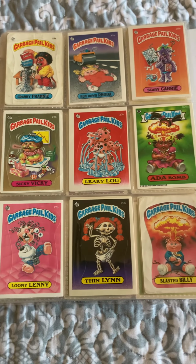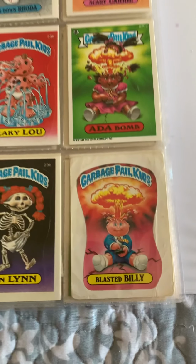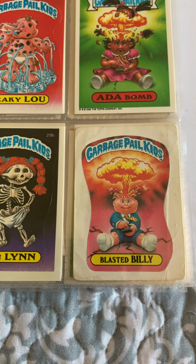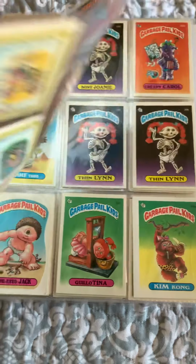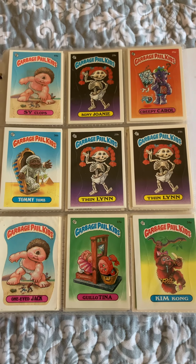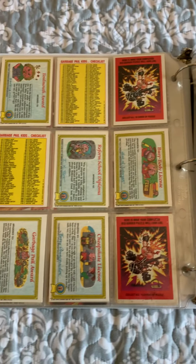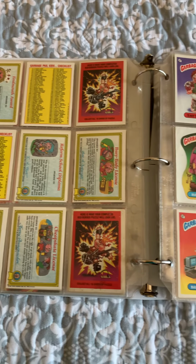And here's some first series cards. This one, yeah, you can see my Blasted Billy. This is one I had traded a kid way back when, but I didn't care. I think I may have mentioned to you guys, I started collecting with the 3rd series, like some of you guys have. But yeah, this is some of my personal collection, just that I had growing up as a kid, as a